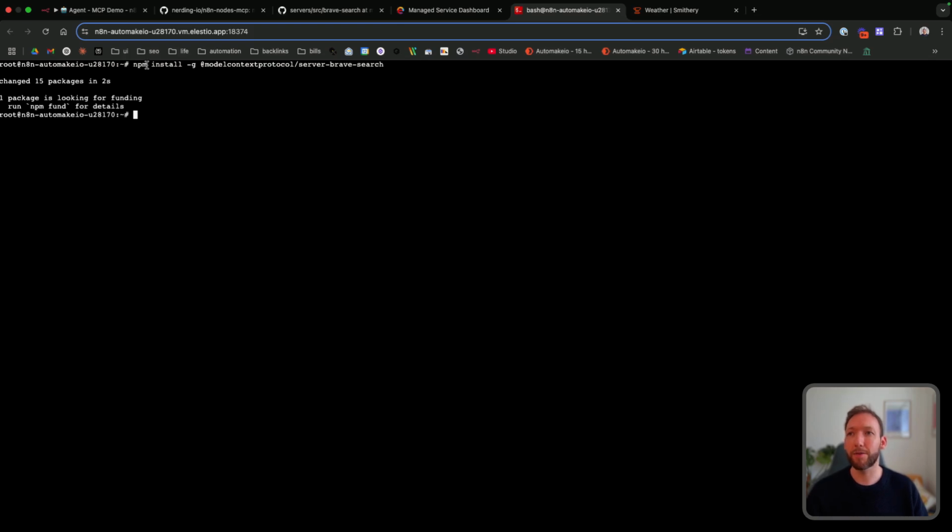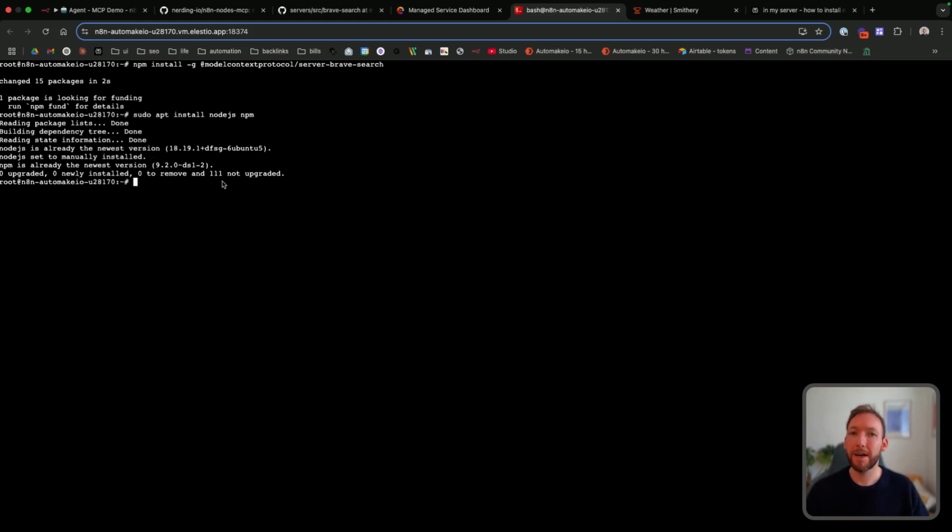And also it might throw an error around installing npm first, in which case you'd run this command, sudo apt install node.js npm, and that would enable the installation manager to be installed before this, so it doesn't throw any errors. So run this command first if you get that error, and then run this one second. But it's important to note this is specific to the server for Brave Search only, the MCP server for Brave